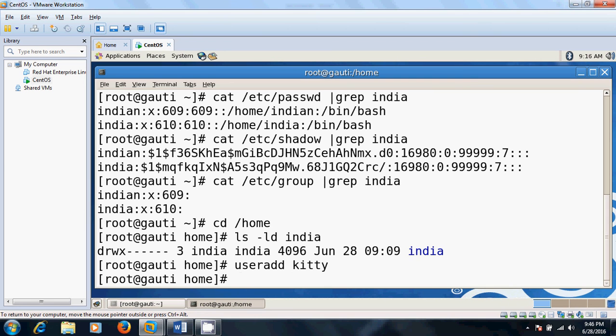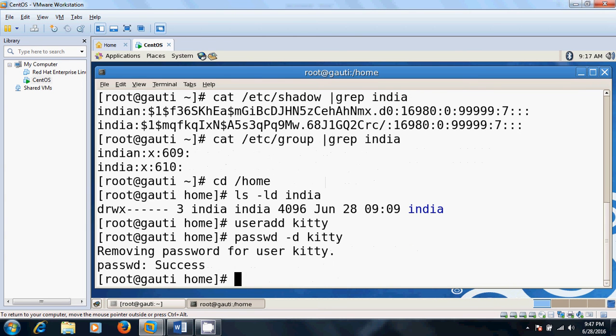And then passwd, with -d used for without password. Okay friends, this we have made.